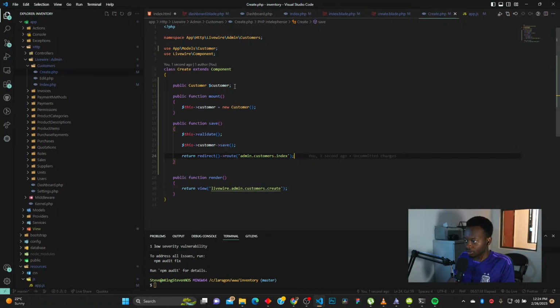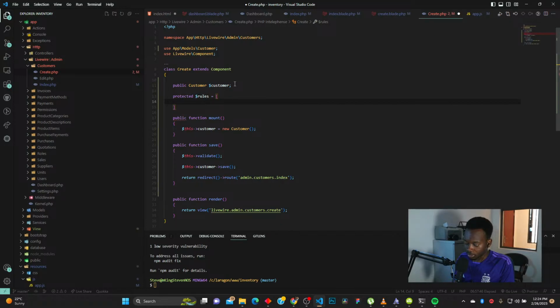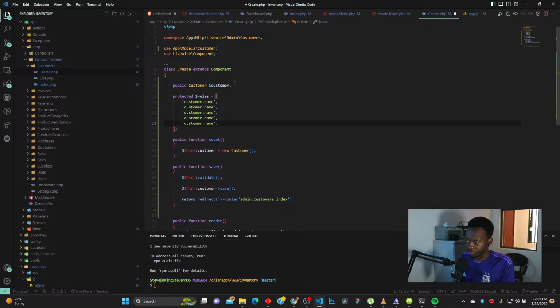So that's how the function goes, but it needs a protected rules. Okay, where we have customer.name. We have customer name, customer email, phone number, address, company name. Sometimes, right? So company name,